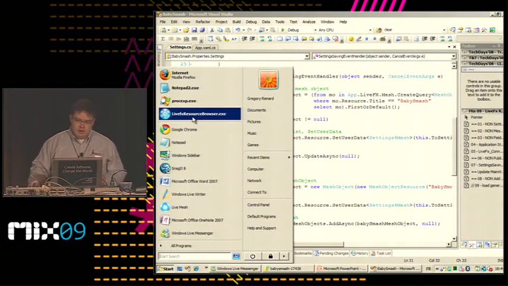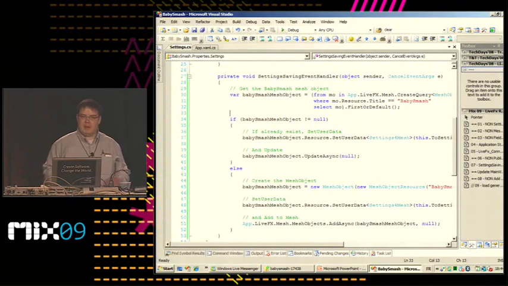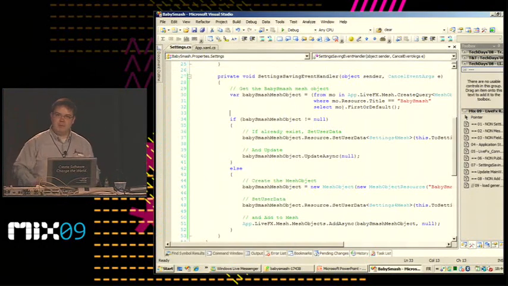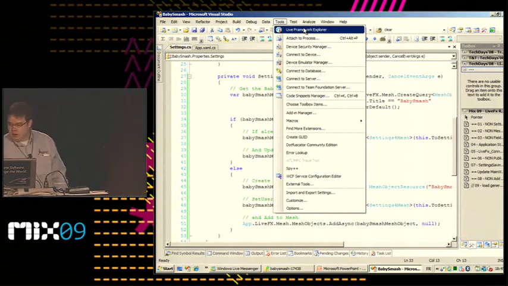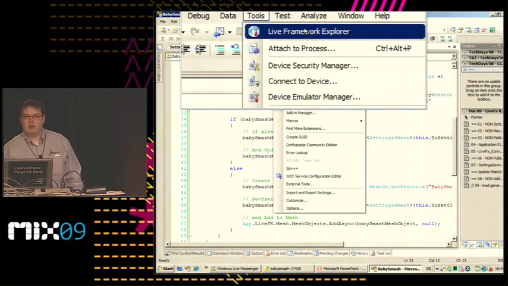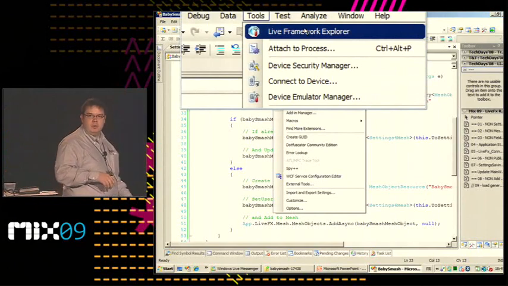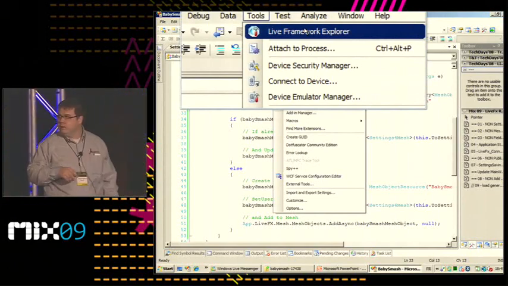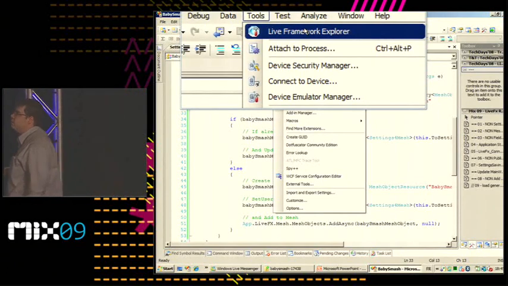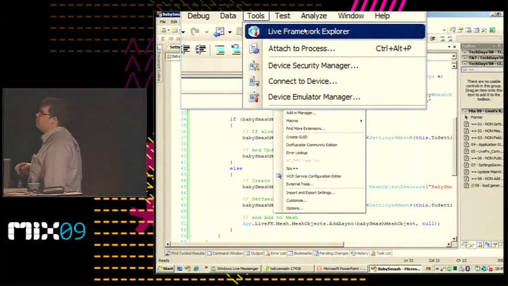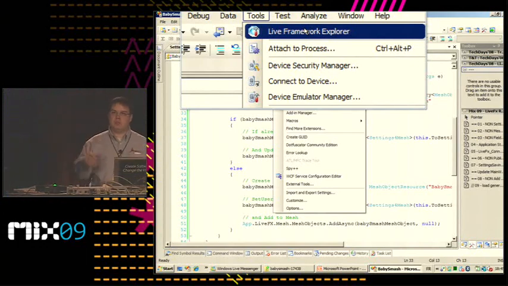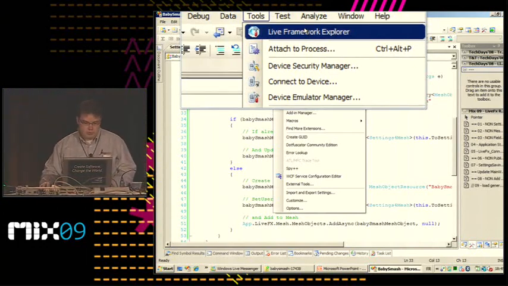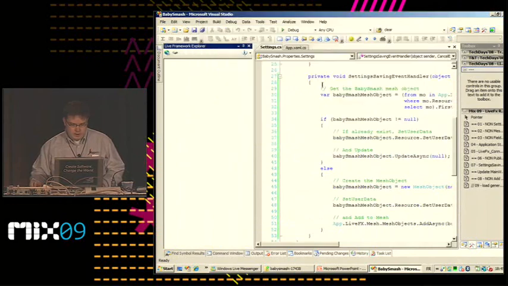And for that, I worked with some guys of my team, like my assistant Seb who is there in the room, and we created a new tool that you can find directly on the Codeplex platform. I will push it on the Codeplex platform just after my presentation. We named this tool, with the team of Ori Amiga and James the Senior, Live Framework Explorer. It's directly inside Visual Studio 2008. And I can start it.